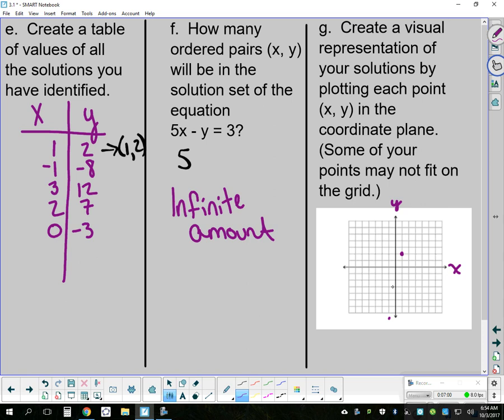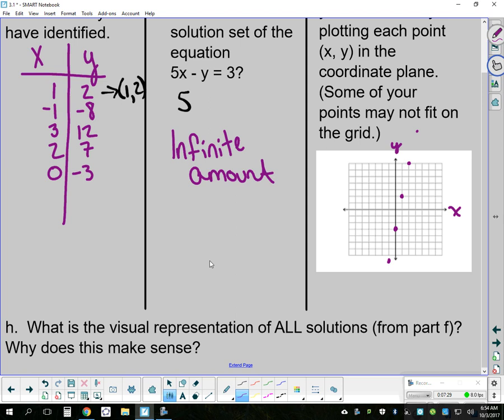Then we would have 3, 1, 2, 1, 2, 3, 1, 2, 3, 4, 5, 6, 7. Somewhere up here, right? It's going to be off the grid. 2, 7. 1, 2, 3, 4, 5, 6, 7. And 0, -3. Okay. So there's the plotting of all of the points that we identified, realizing that some of them don't fit on